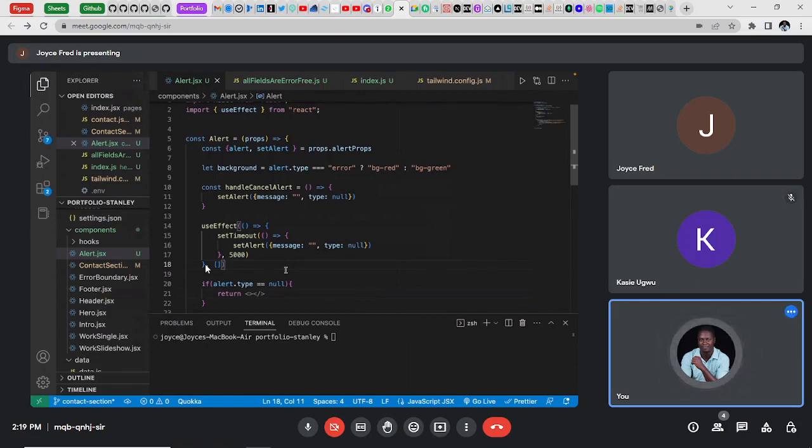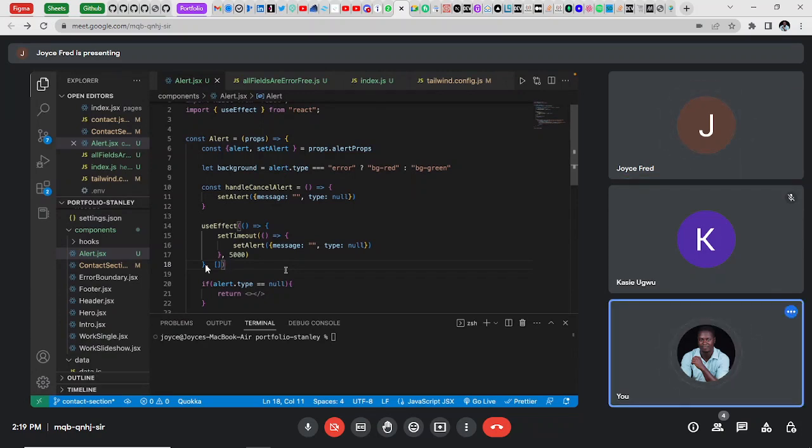Then the third way is to actually have some things in the dependency array. That way it will run at the beginning of the component, like when the page loads for the first time, and then when any of those things in the dependency array changes, you can have multiple things in there, it's an array, the useEffect will run again. So in this situation,